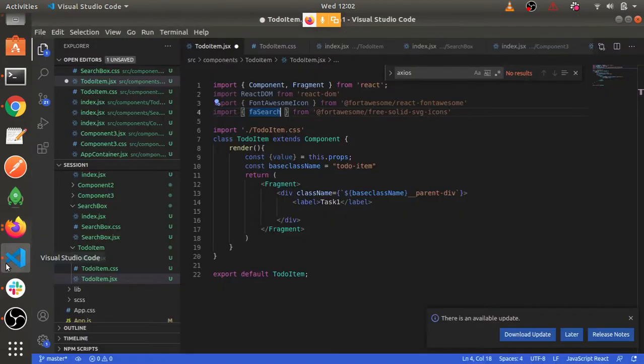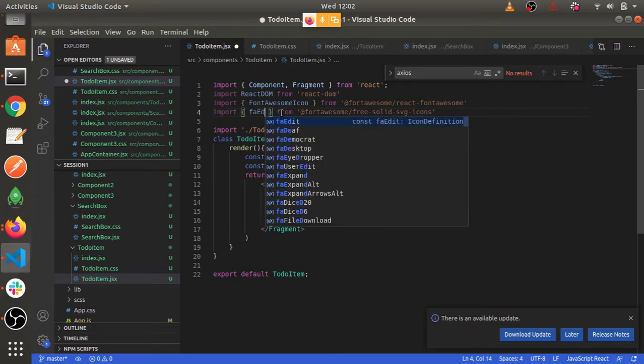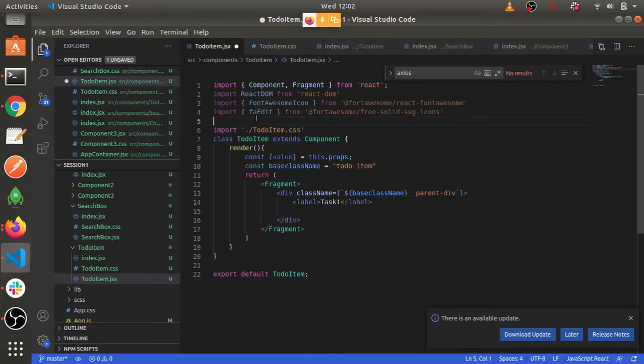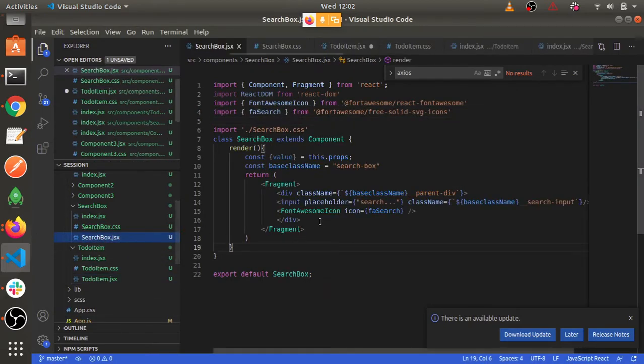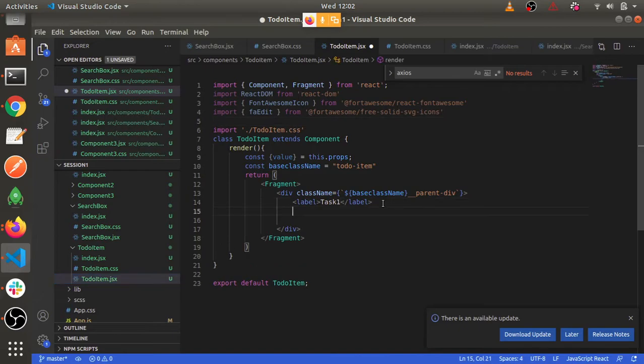So we know how to do that. I'll just, in place of search, I'll make it edit. And how to use that here we already know, we have done that once. So I'll copy and paste, and I'll do some editing. So this is edit, done. Let's see how it looks like.